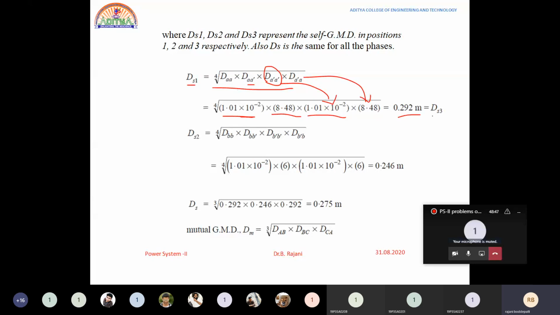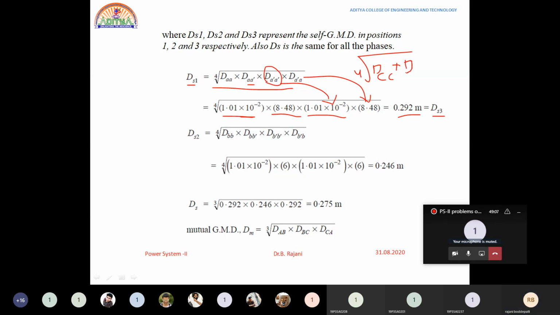Now see, since DS1 is equal to DS3. Why? Because 4 root, again we are having DCC. See here, I will be calculating here, all of you listen to me. DCC into